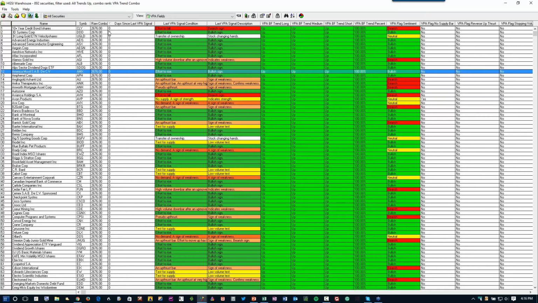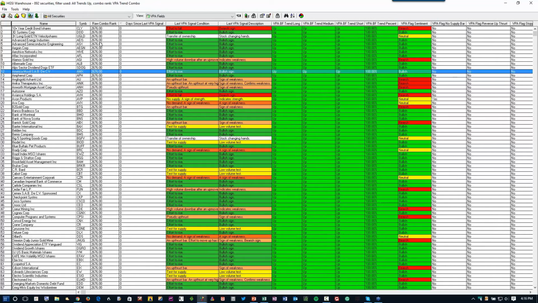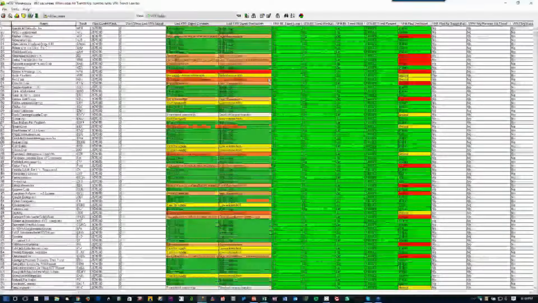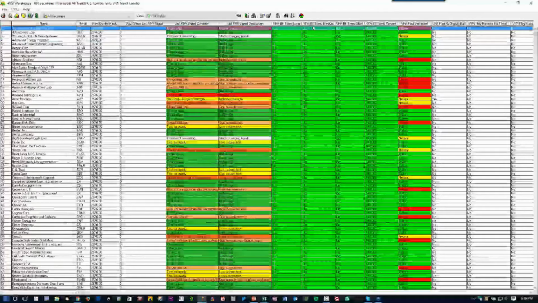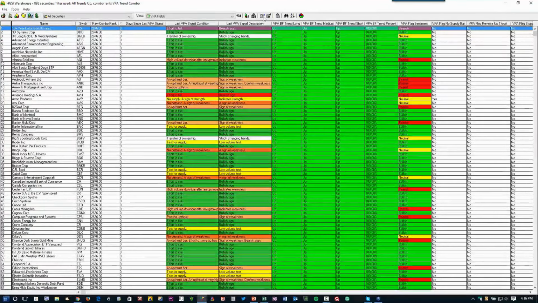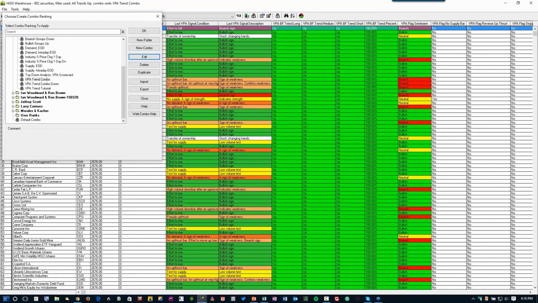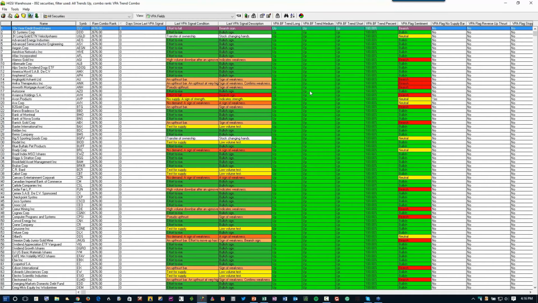In addition to that, notice that they're all combo here, all the numbers are the same, 2676 all the way down. That's because I filtered the trends to be green, long, medium, and short, and even though I put a combo on here, it has no effect because everything is filtered, and that obviates the need for a combo. Anyway, that's kind of beside the point. So what we have here